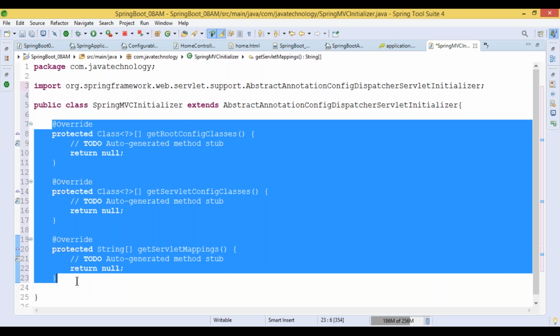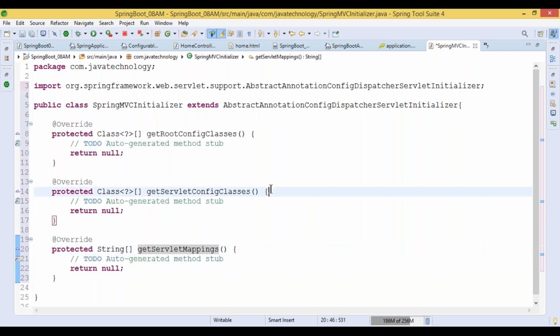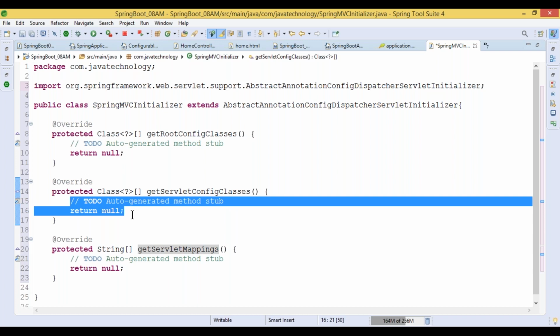Servlet configuration classes, we need to give our own configuration classes. We need to create a configuration class for creating an MVC application, annotation based. And what is the use of the configuration classes? Instead of web.xml, we are creating the configuration. Yes, exactly. So instead of providing the information in the XML file, we have a configuration class. That is going to work as an XML, right? So that information we are going to specify inside the servlet config classes.